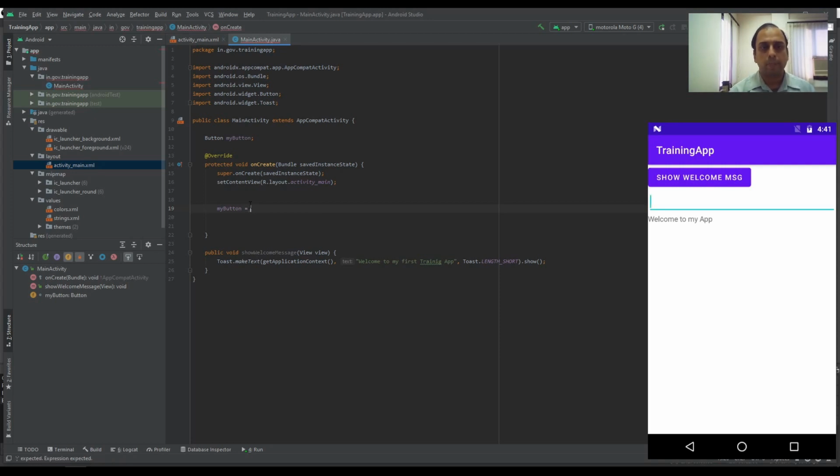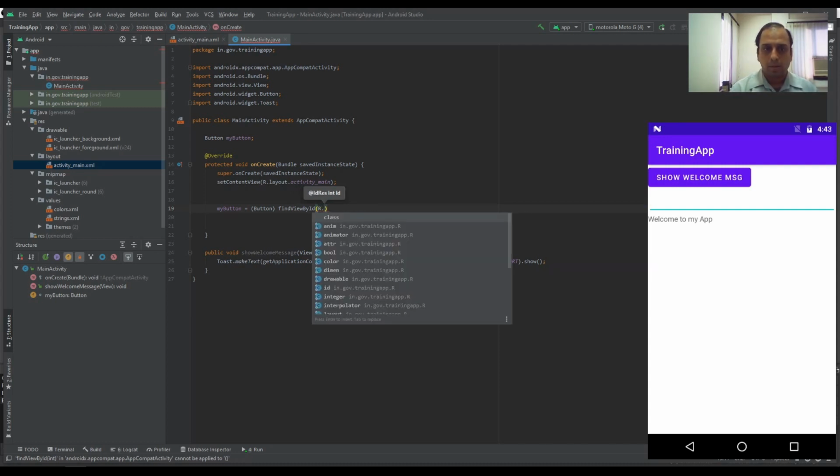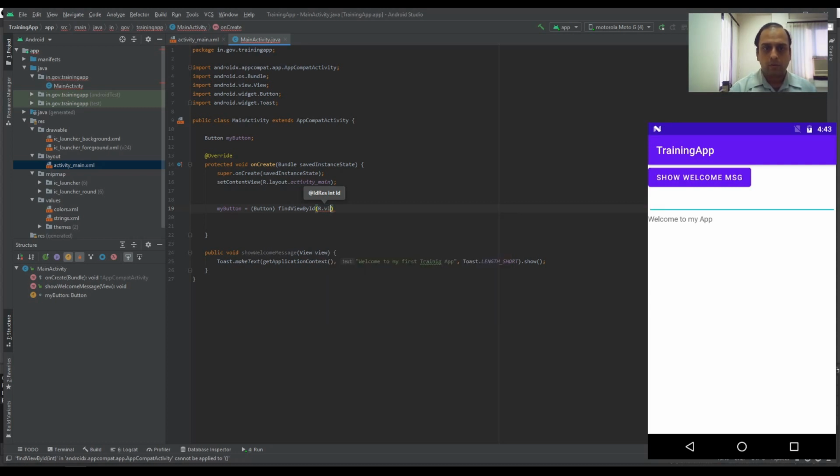Okay, is equal to, now there is a function which is called findViewById. All the views, all the buttons, all the text boxes, everything is stored in the form of IDs. So either you know the ID, or you can take the resource ID and fetch it inside this findViewById. It will give you the view for it. Okay, so resources dot view, not view, ID dot